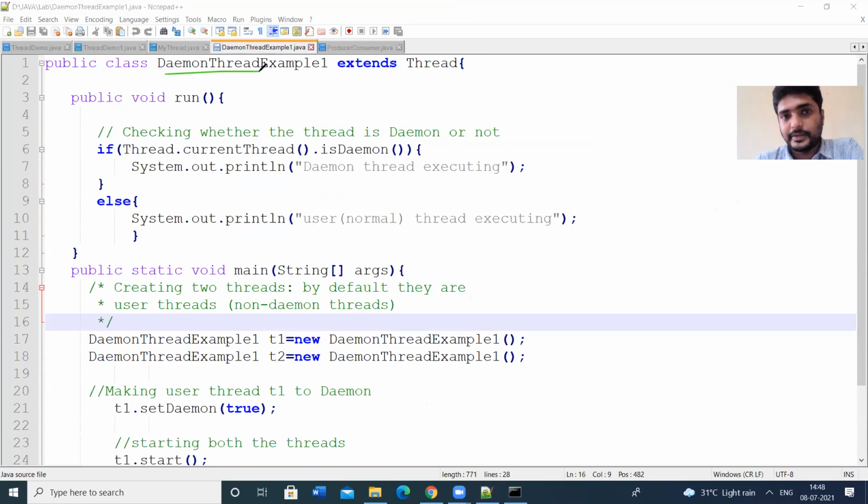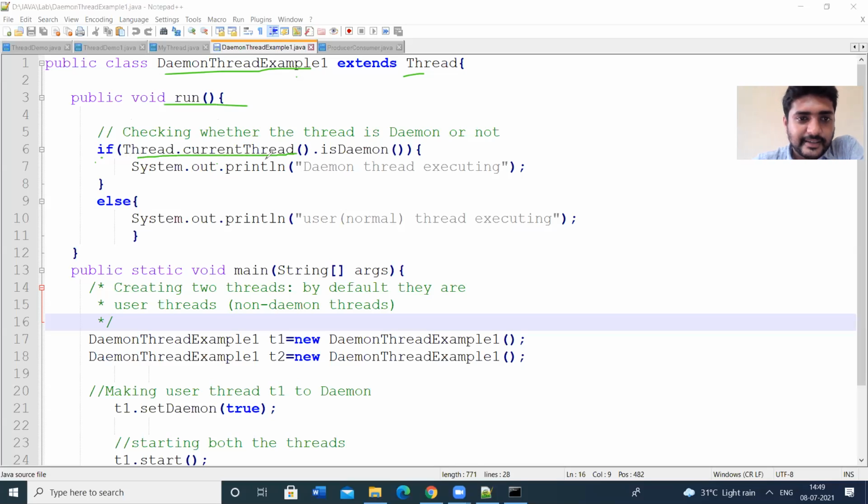This is my main class. DaemonThreadExample is my class, which extends Thread. This is the run method. In this method, we have to write our thread code, thread logic. Here I am writing some if else statements. Thread.currentThread is a method which is used to represent the current running thread.